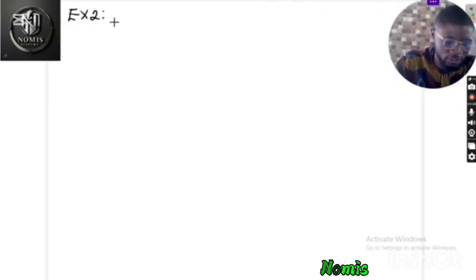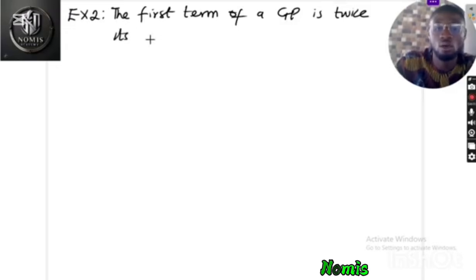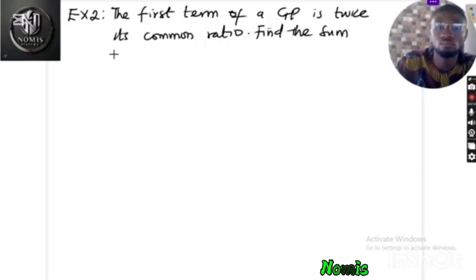Example number 2 says the first term of a GP is twice its common ratio. Find the sum of the first two terms,